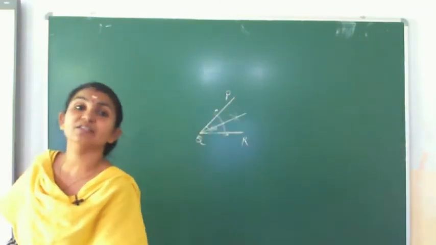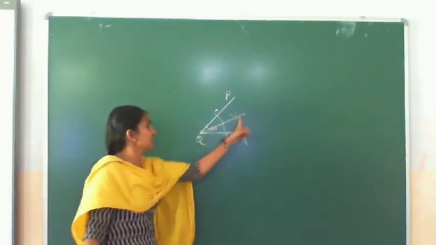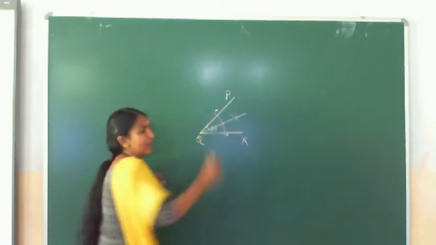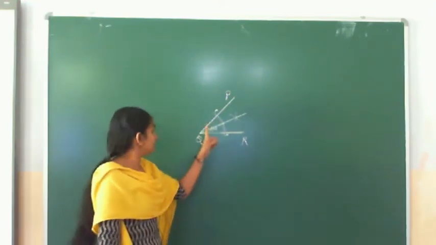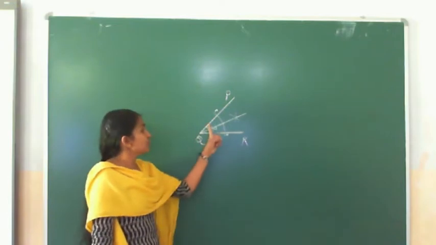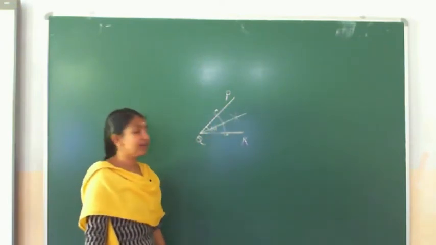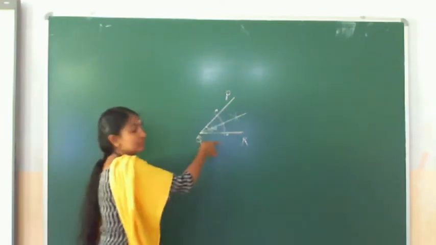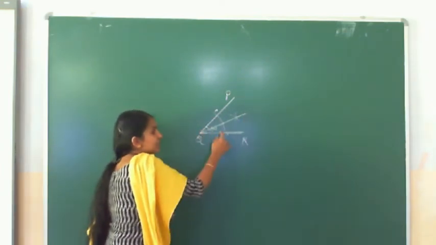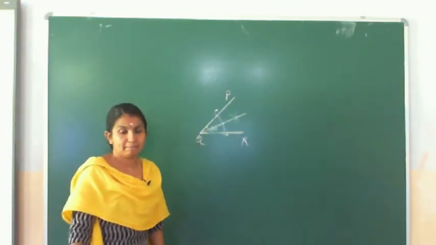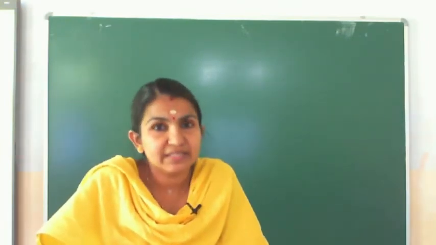Take your protractor and check this angle and these two angles. Just take your protractor and check these two measures of the given angle. It will be 30 degrees. In total it is 60. When we bisected this, we got 30 and this also 30 degrees. So, copying and bisecting is over.